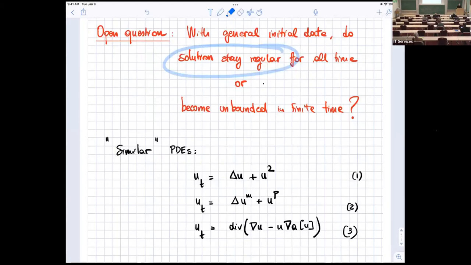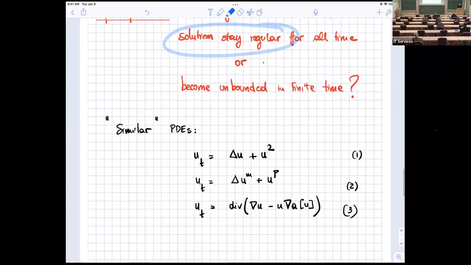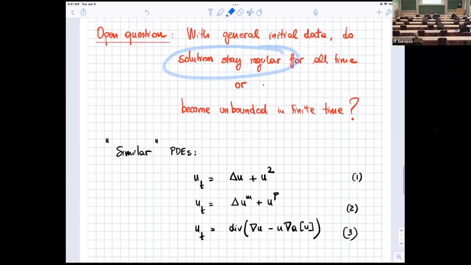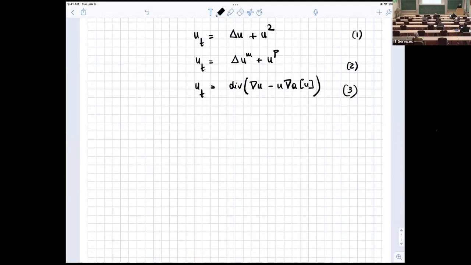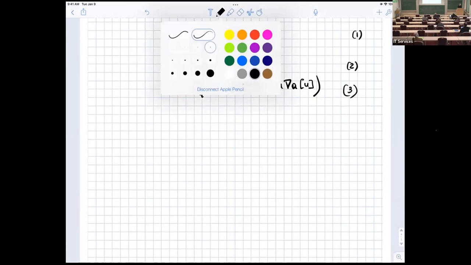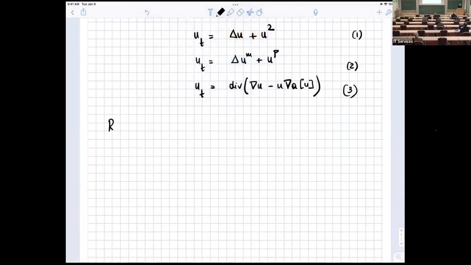And the other reason is that unlike equations 1, 2, and 3, the Landau equation has this set of stationary solutions which are L infinity, the Maxwellians. And this is not the case for 1, 2, and 3. And then another reason, perhaps a little bit more recent, is that if we look at a similar equation,